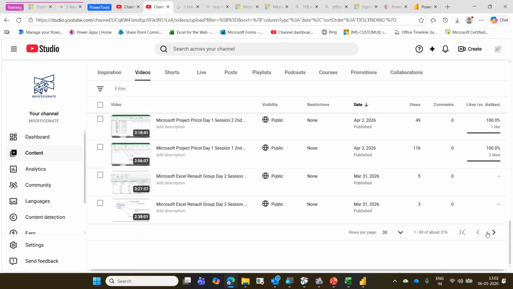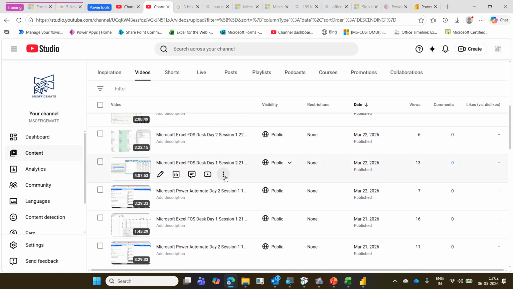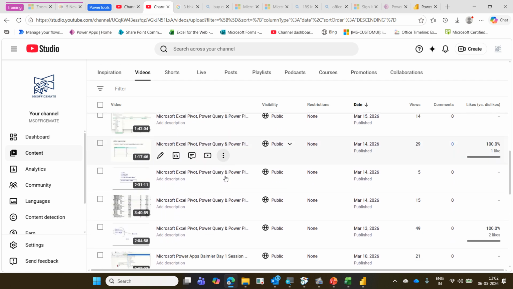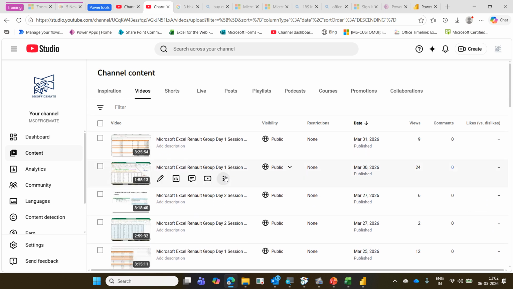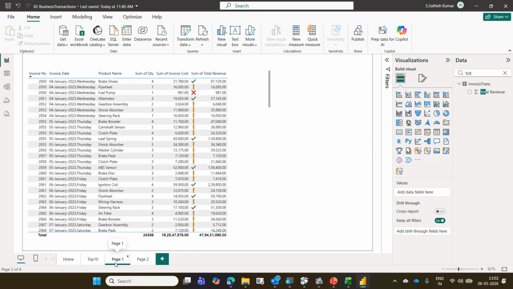Power Automate we are not using. We didn't cover everything. We have covered the important features, not all the topics. We didn't cover most of the visuals. I think we have covered only 5 or 6 visuals: bar chart, pie chart, map, maybe gauge, and maybe the slicer. The last one is table. That's it. As I indicated, you have to practice, practice, and practice.